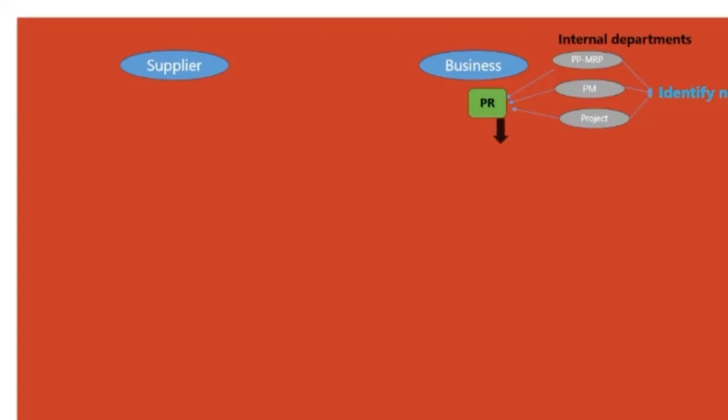This is the stage where an internal department or the user department of your business identifies a need. The internal department could be your production planning MRP department, your maintenance department, your project team, or the requirement may come from employees as well. When they identify the material requirement, it is recorded in a document called a purchase requisition, in short known as PR, which is then forwarded to the purchasing department